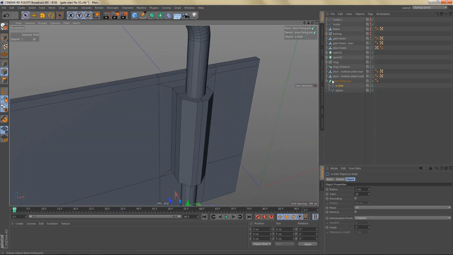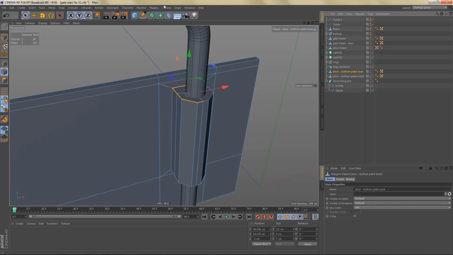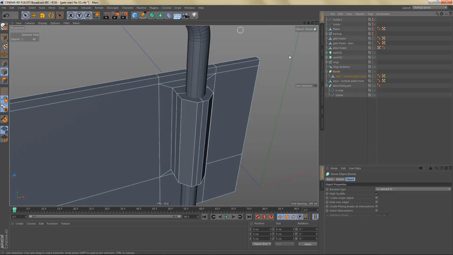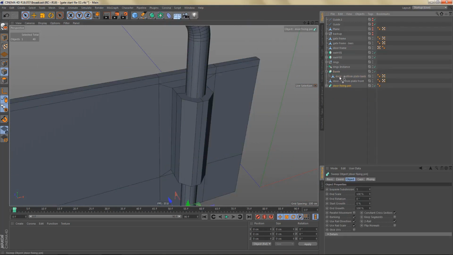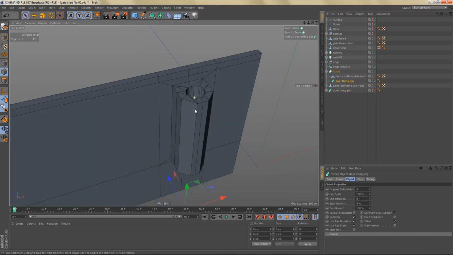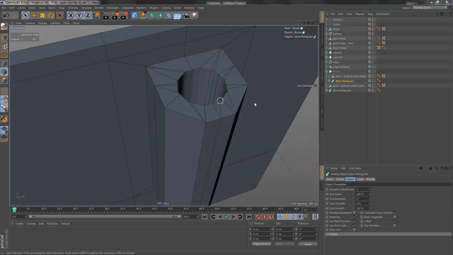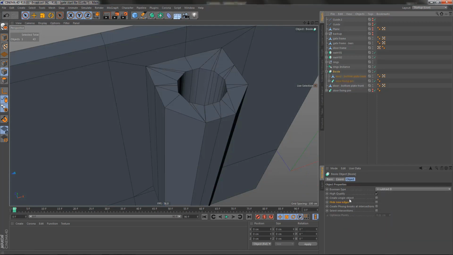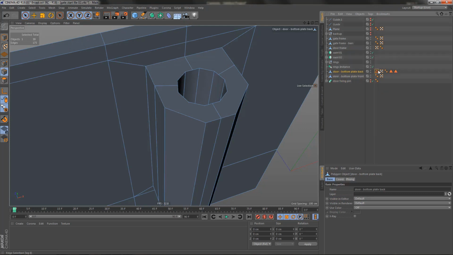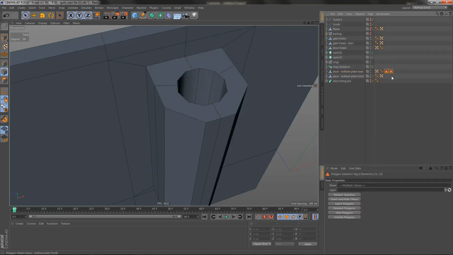And let's go ahead and put that back plate into a bool object and drag a copy of the pin in there. And if I switch that pin off, you can see we're getting our hole through there. So now we can make this bool object editable, but before I do, I'm going to switch on create single object and hide new edges, and I'm going to rename the bool object. So let's make this editable, get rid of the selection tags here,